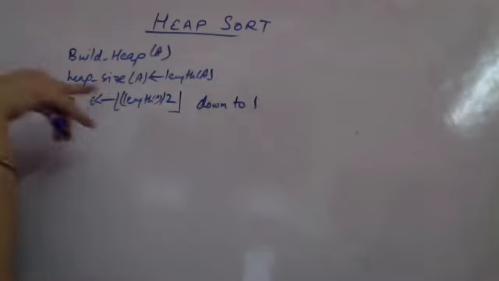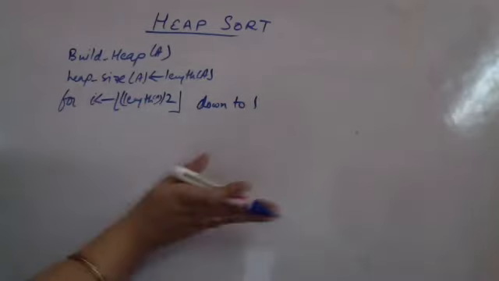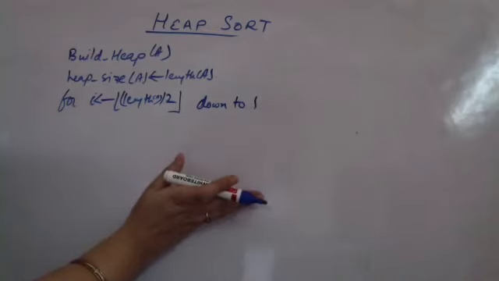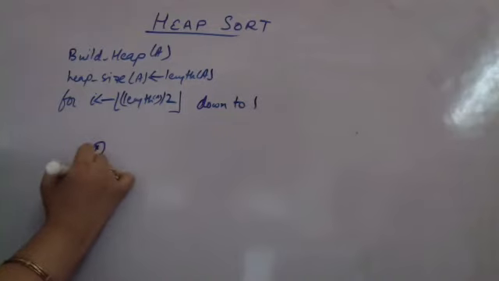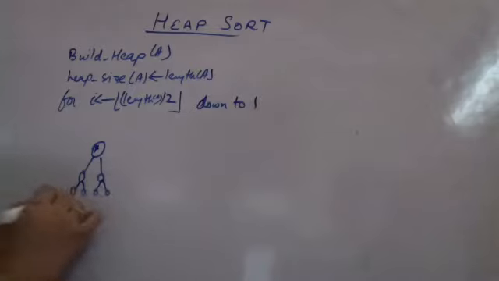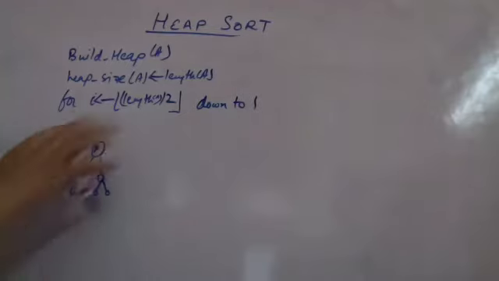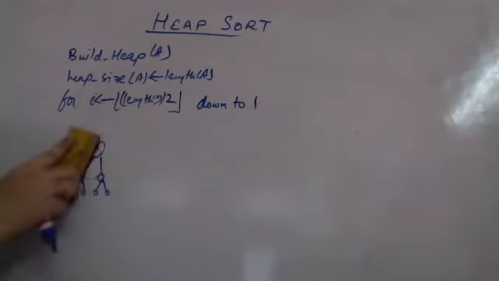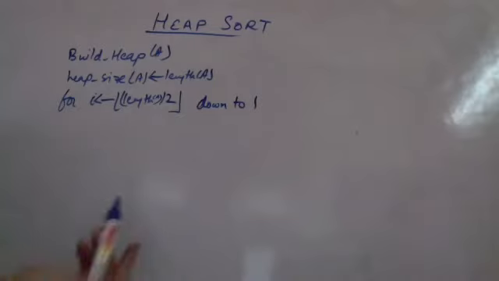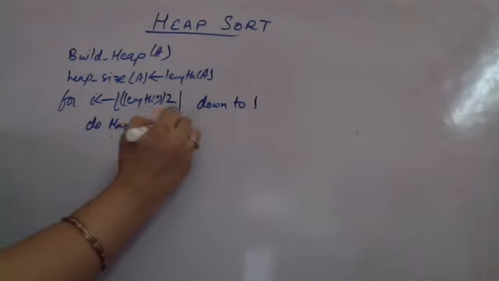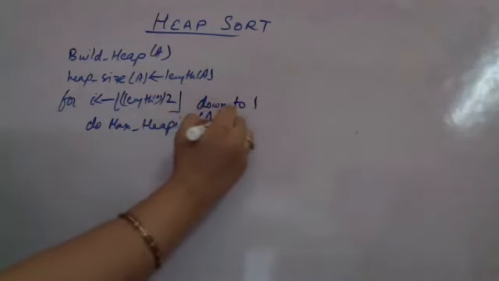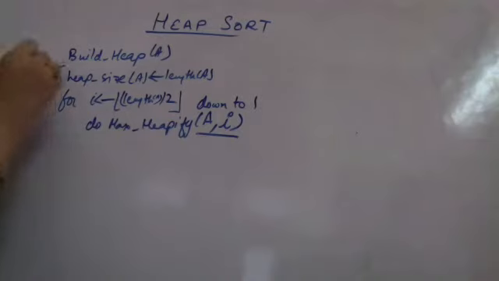लास्ट के हाफ से शुरू कर रहे हैं। इसका मतलब क्या है, लास्ट नोड पे जो है वहां पे तो हमारे कोई चिल्ड्रन, ऐसे पेरेंट्स तो हैं नहीं, if I am creating a heap, so what am I doing is कि इस नोड पे कोई चिल्ड्रन तो है नहीं, so start from this level ताकि हम चिल्ड्रन क्रिएट कर सकें। So I am beginning from length of A by 2 down to 1. What am I doing? I'm calling max heapify, the heapify procedure here for a comma i. This is the build heap procedure.